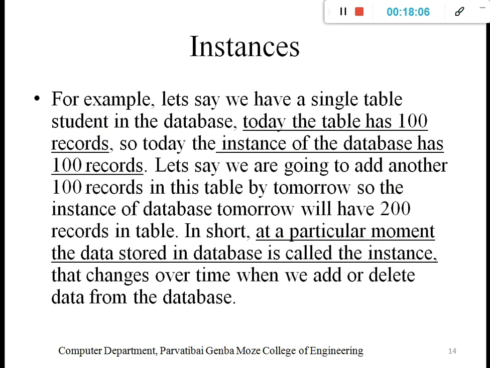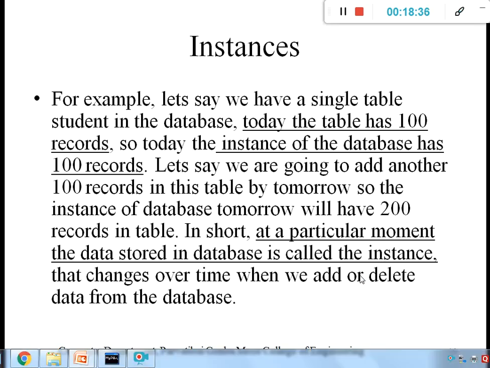The next one is instances. I already explained what exactly a database instance is. Today the table has 100 records, so today the instance of the database has 100 records. That is the instance of a database. If tomorrow we add 100 more records, then it has 200 records, and tomorrow the database instance is changed.